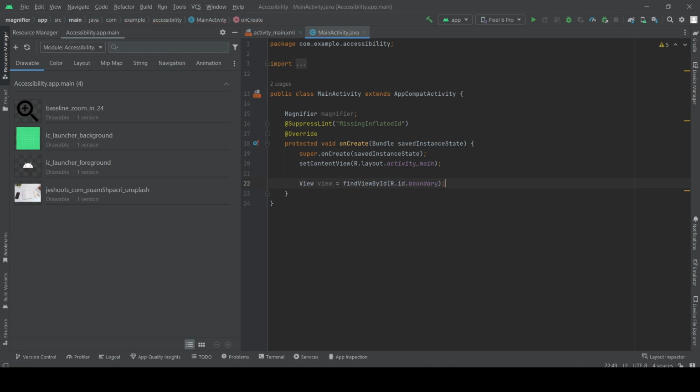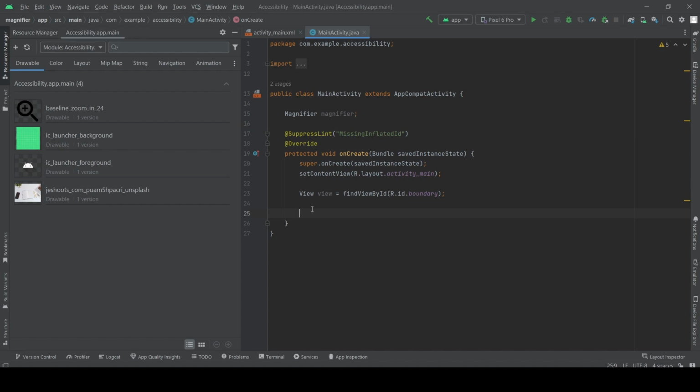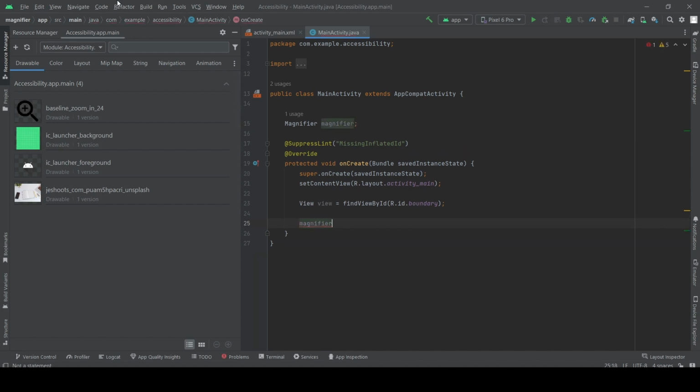Good. Now we have to create a magnifier. We call it magnifier. Now let's create magnifier equal to